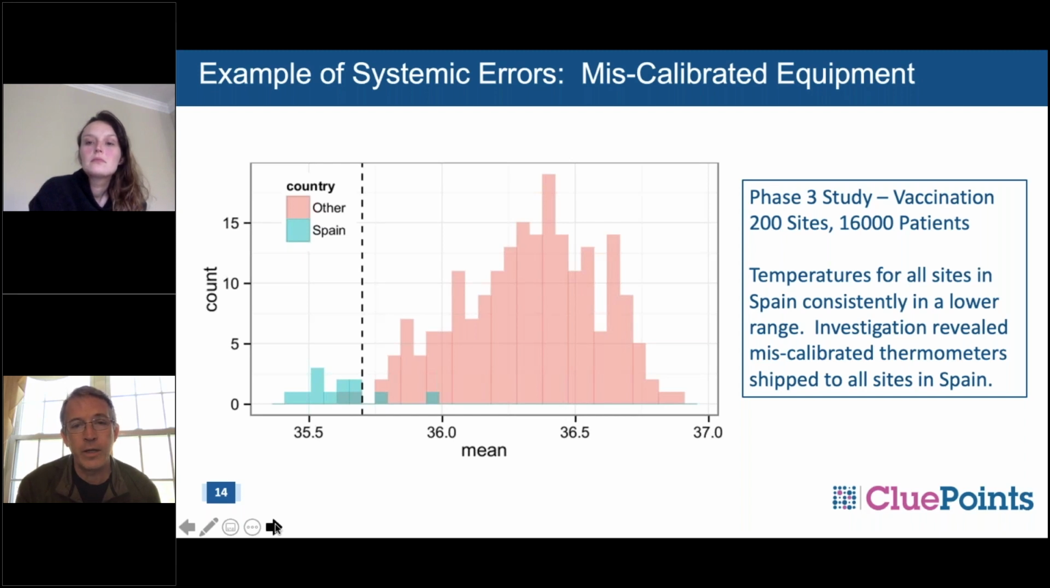It was a large global study, a vaccination study, so patient temperatures were being taken repeatedly for each patient. It was a relatively important measurement on the study. And in addition to running the statistical test to compare sites, you can also compare countries, and that's what was done on this trial as one of the approaches. And you can see that all the patient temperatures in Spain were in a slightly lower range, and it was the mean test. So it was one of the suite of statistical tests that caught this and led to an